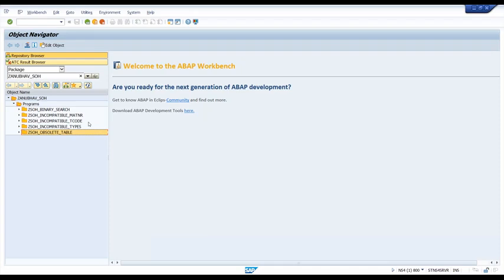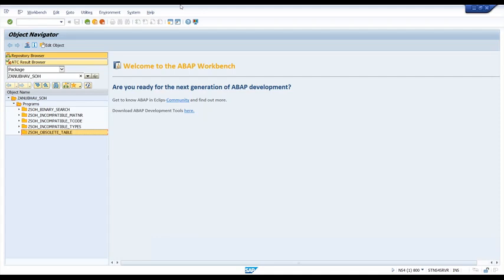Okay, and imagine your program, when you are working on some S4 project, Suite on HANA projects or some ERP ECC projects, and your company is now migrating to S4. So imagine these are your programs, and now these programs are imported to the S4HANA system, and your duty primarily is to check what will work and what will not work, what is compatible and what is not compatible anymore. Yes, you would definitely do that. You would be interested to do that, isn't it? Valid question: is my custom code valid? Yes, so that's what we will do.